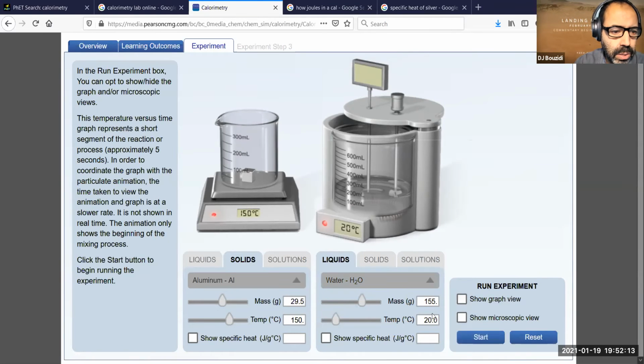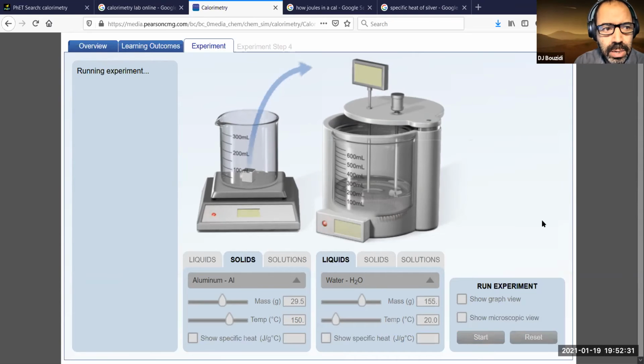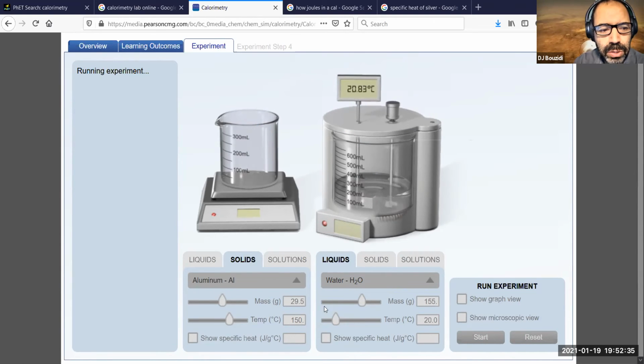So next. So now I noted the mass of the water. I noted the mass of the solid, which is in this case aluminum. I noted the temperature, and I'm going to start. Okay, I don't need to show graphs, but if I want to, I can show the graphs. It doesn't matter. Start. Okay, so we're going to take the solid, put it in the liquid, and watch the temperature that was 20 degrees of this liquid increase accordingly, because the other one came at 150 degrees Celsius, okay? And it's going to reach an equilibrium temperature,